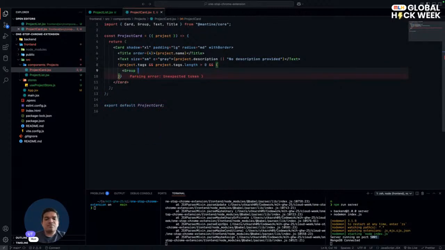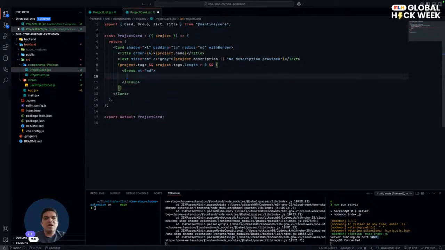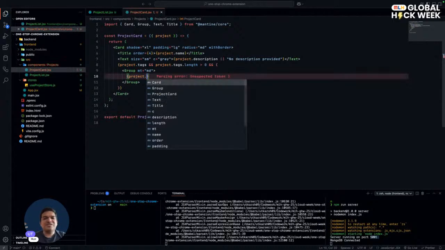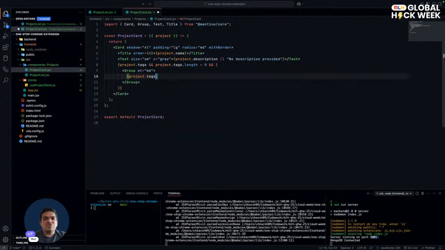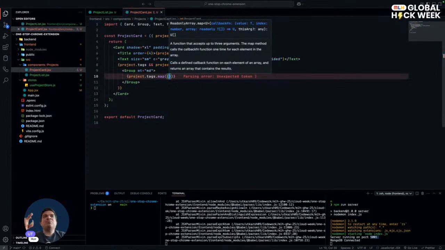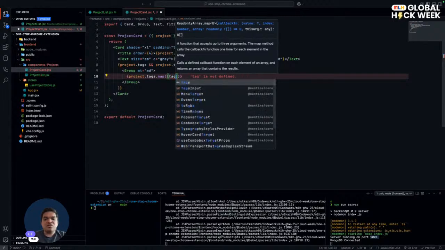Margin top, let's give it like MD. Group this, and then let's map over the tags. Map is basically looping. Okay, so if you are hearing the word map for the first time, it is basically a way of looping. The only difference is that when you map, you create a copy of the data. Okay, so tag,